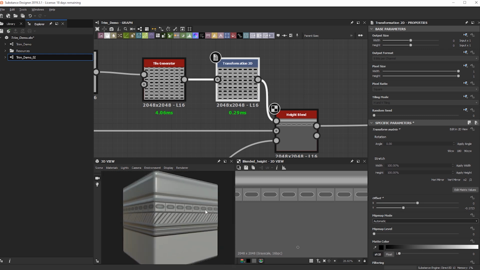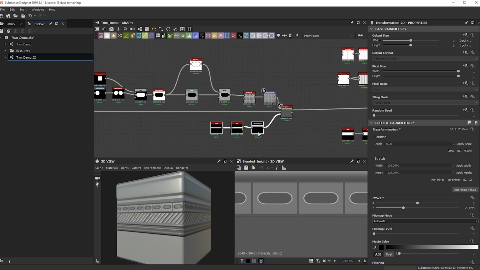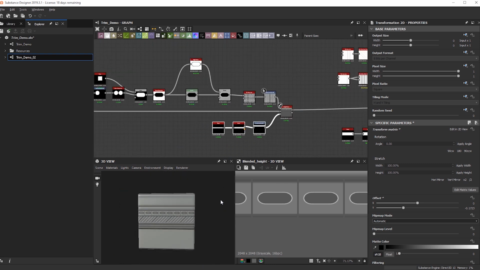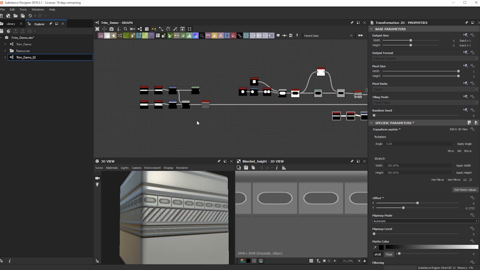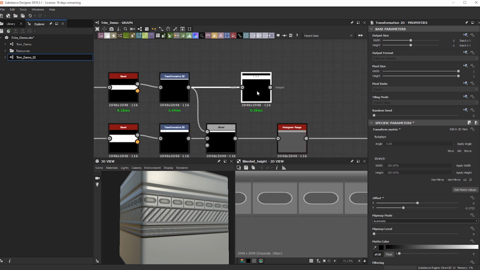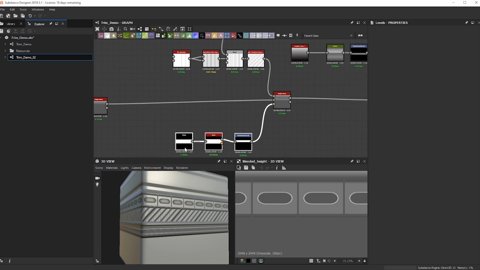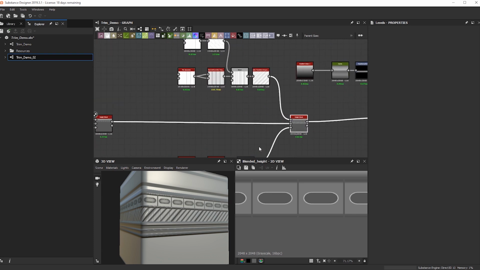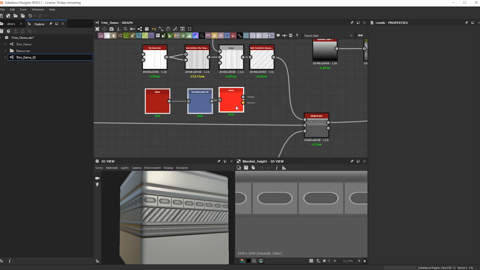And I want to let the mask that we have plugged in do the work as far as cutting out the rest of these guys. Cool. So that's looking pretty cool. Let's try to get rid of this pattern as well to change it up and give us something a little bit more interesting. What we can do here is the same thing we did over here. We'll just add a simple panel and then later add some cuts to it. I just want to get rid of all the patterns that we had originally first.